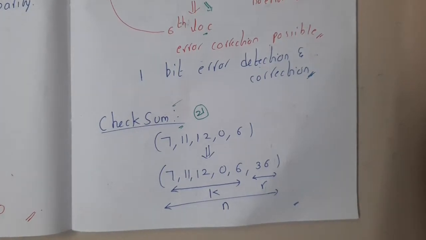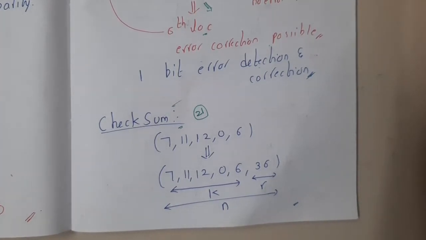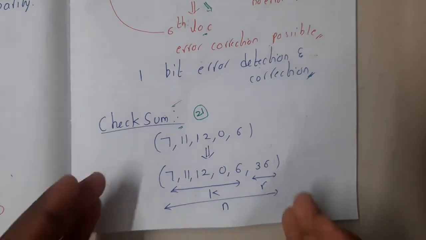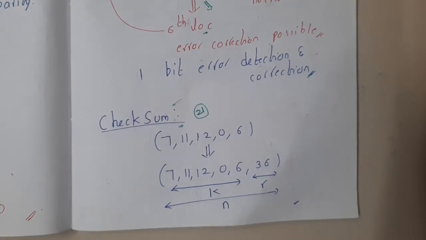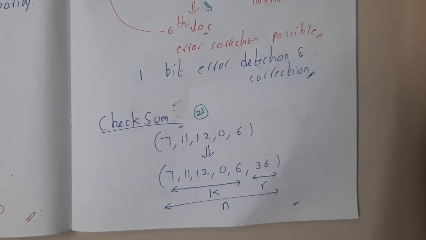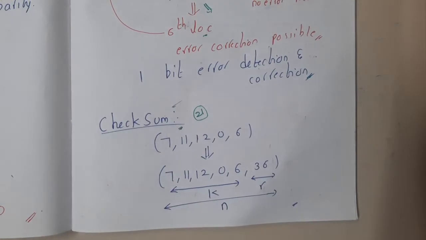In this lecture, let us go through the next topic, that is checksum. In the past few lectures, we have been discussing various methodologies for error detection, error correction, or error control, to be clear. In the last lecture, we discussed Hamming code. I think everyone now has a clear idea about how we work with Hamming code. So in this lecture, let us learn the concept of checksum.